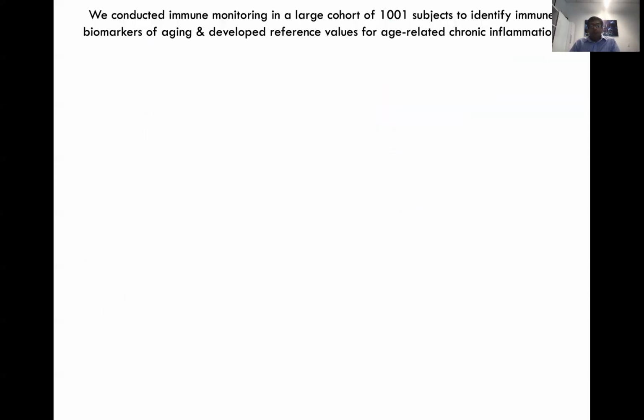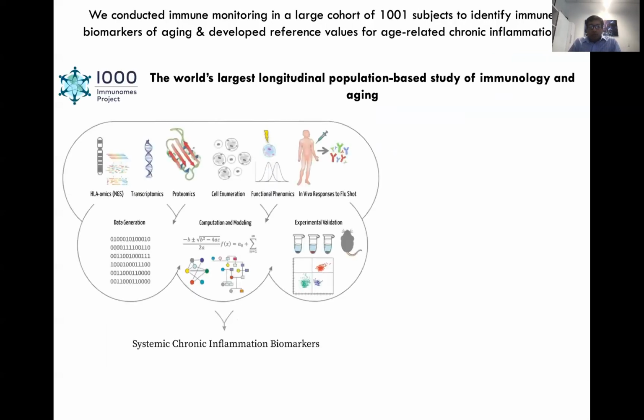So we at Stanford University and at the Buck Institute of Aging set about identifying these different biomarkers which could help us identify the role of chronic inflammation in aging-associated cardiovascular events, in our case. And for that, the Stanford 1000 Immuno project led by Dr. David Furman had run a longitudinal population-based study where about 1,000 individuals were recruited within Stanford and underwent a complete